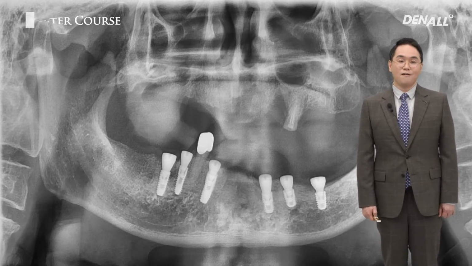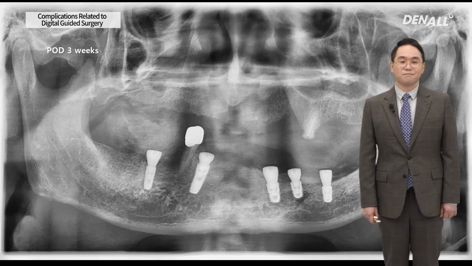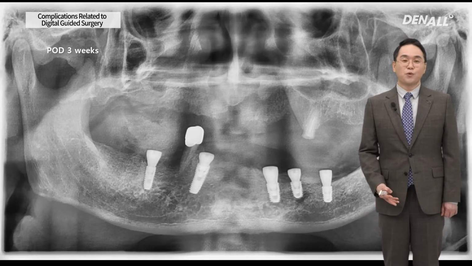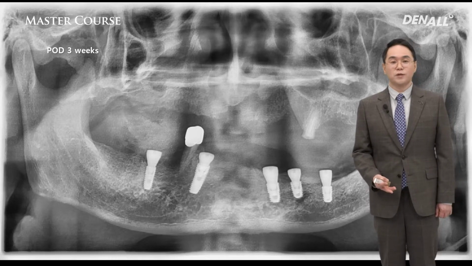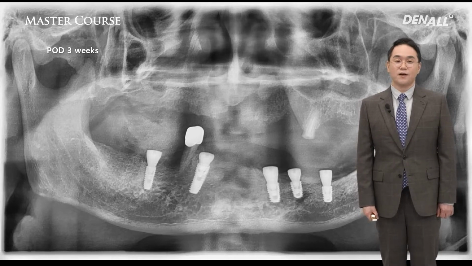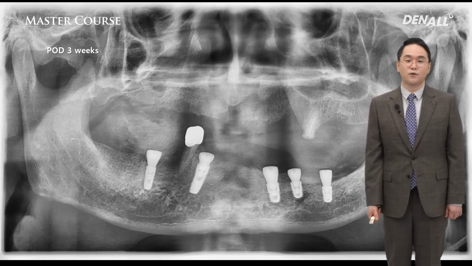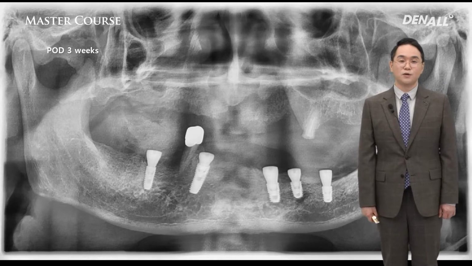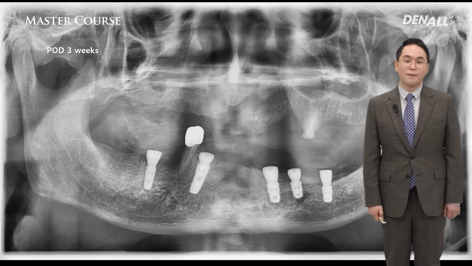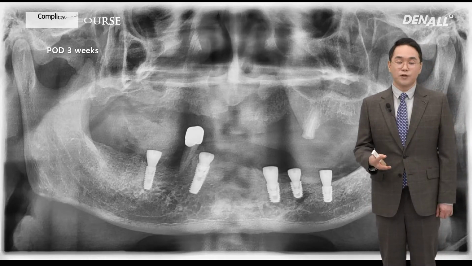After 3 weeks, the patient came back saying that the implant failed. This occurred after 3 weeks since surgery. Actually, since 2 weeks after the surgery, the patient continued to express that he was experiencing throbbing pain. This is a typical symptom of heating necrosis, and the implant fell off and the patient brought it. I took a panoramic image. Heating necrosis